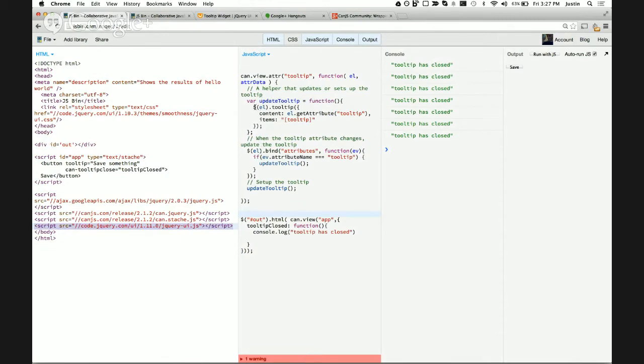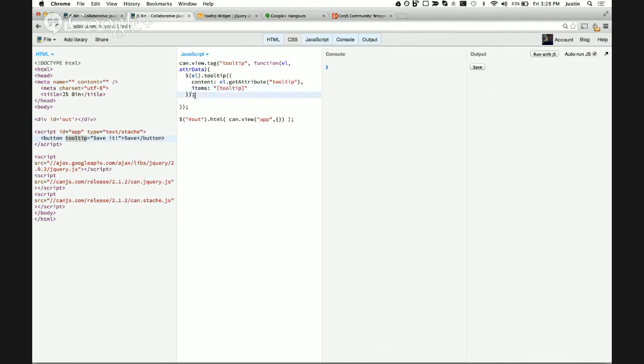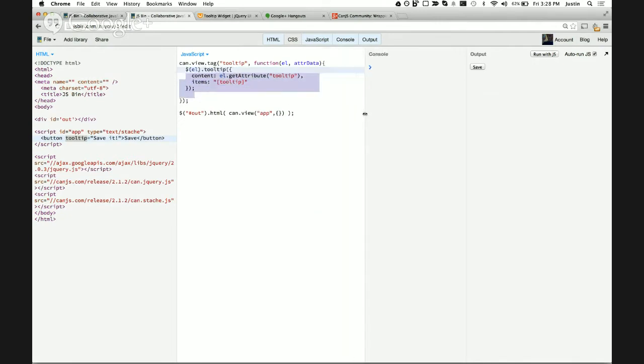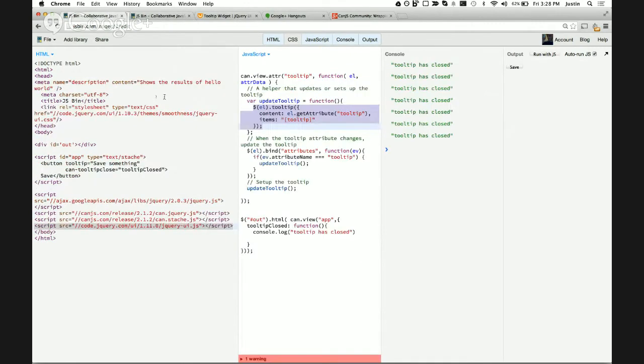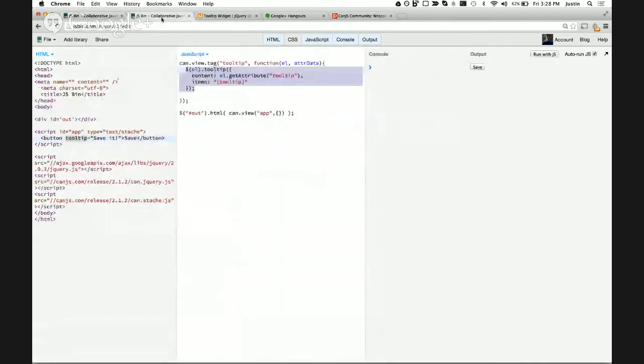Tooltip, content. All right, I'm just going to copy this and cheat and see what I did wrong. Did you include the jQuery UI library? Oh, I forgot to add jQuery UI. Thank you, Mihael. Okay, I've got to add jQuery UI's style sheet